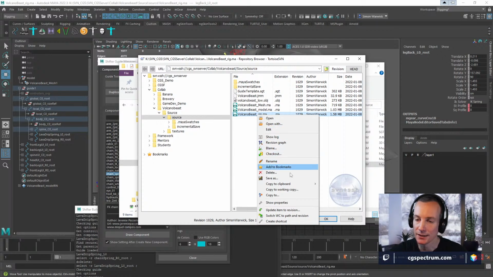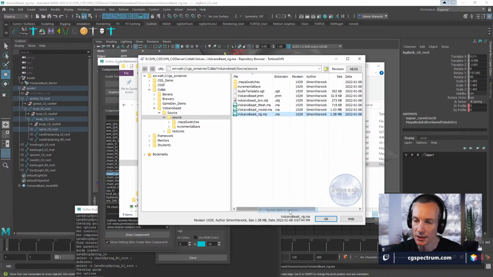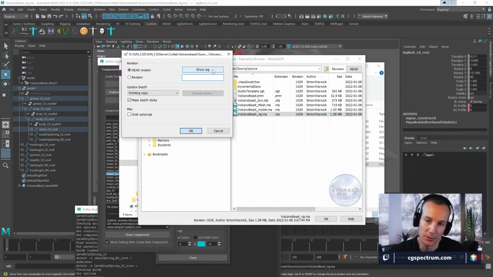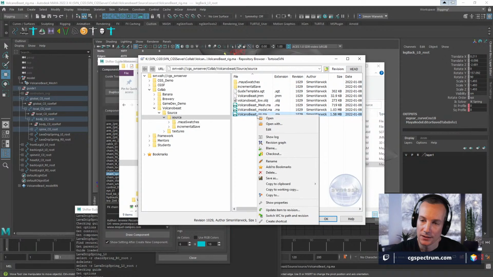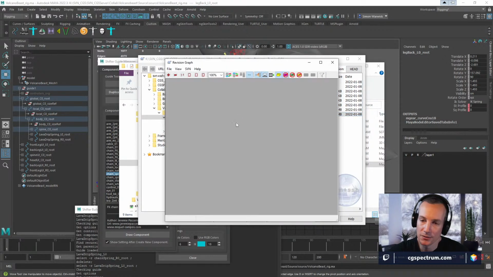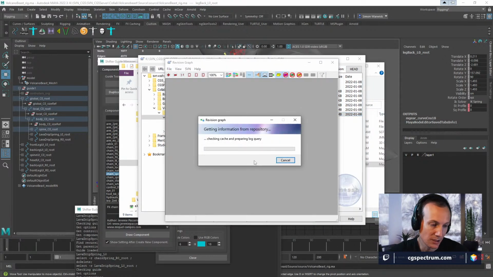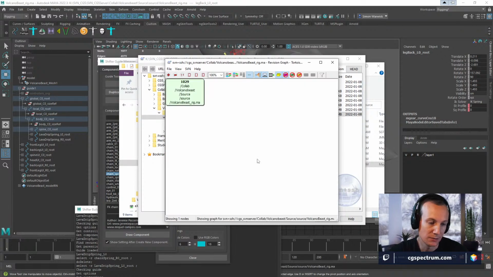How do I just get a different version? Update item to revision. But I would like to know what the other revisions are. It would be really handy. Update depth. You gotta go to the revision graph. I don't know, it's ridiculous. Try a show log to see different versions of the file, and then you can try an update to revision.